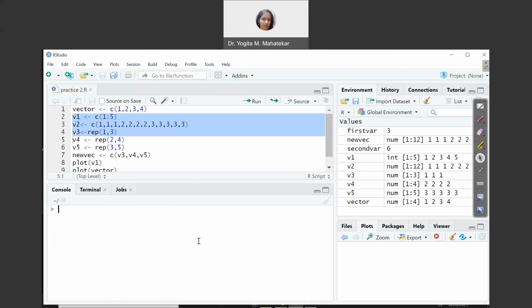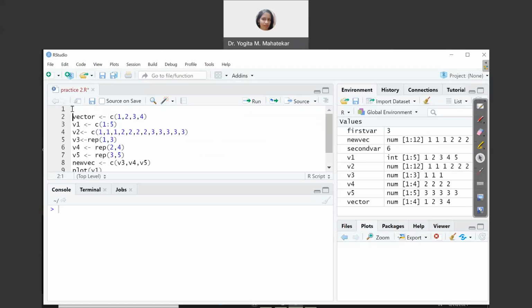Now the other thing is, suppose I have to comment, because I may not remember what I'm doing in the script file. Suppose you have to provide some information to yourself for your future understanding. The commenting can be done using hashtag. So after the hashtag, I can write something like "creating vectors in R". Suppose this is the name of your work file. You may do the commenting.